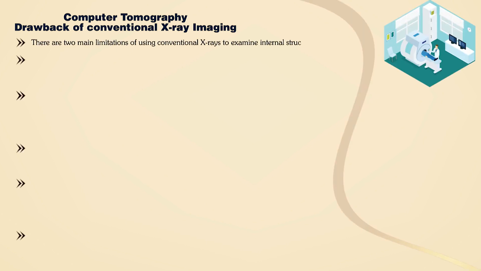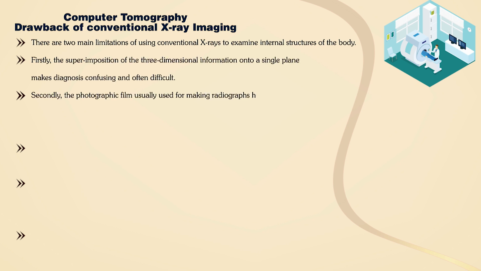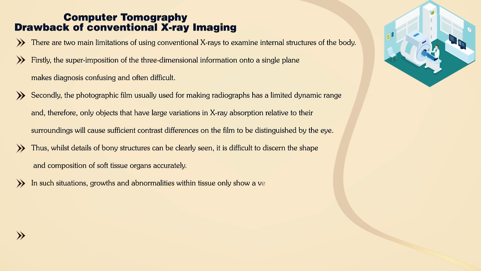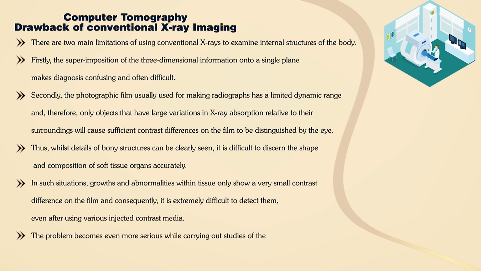There are two main limitations of using conventional X-rays to examine internal structures of the body. First, the superimposition of the three-dimensional information onto a single plane makes diagnosis confusing and often very difficult. Second, the photographic film usually used for making radiographs has a limited dynamic range, and therefore, only objects that have